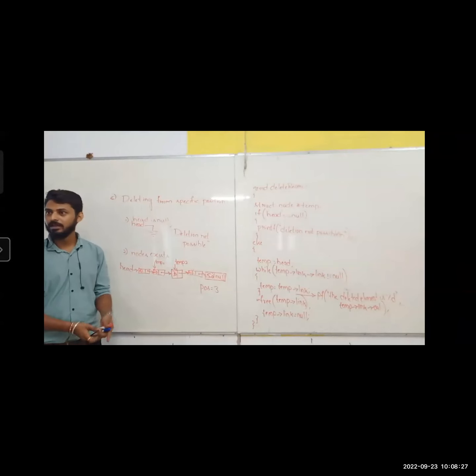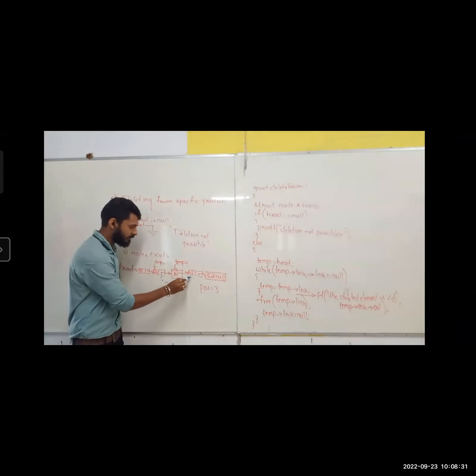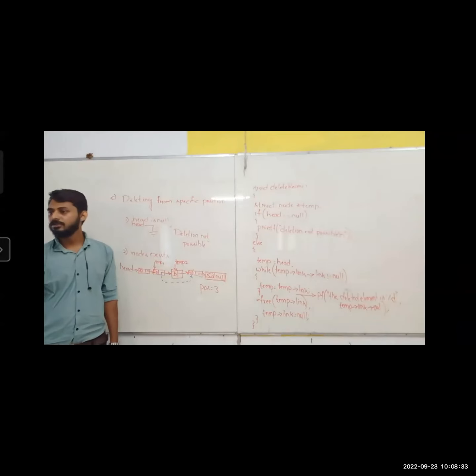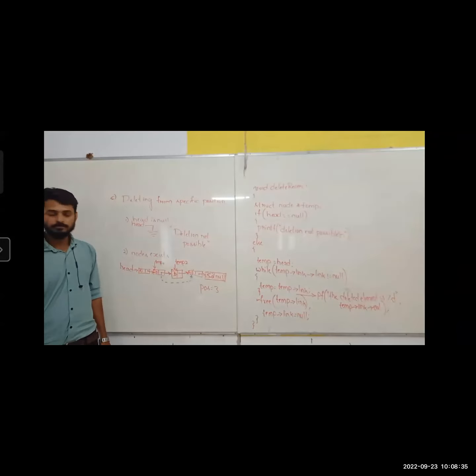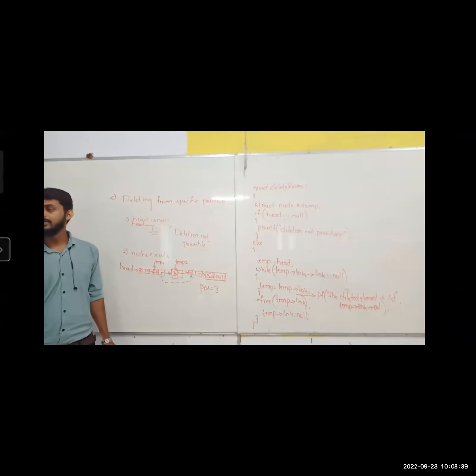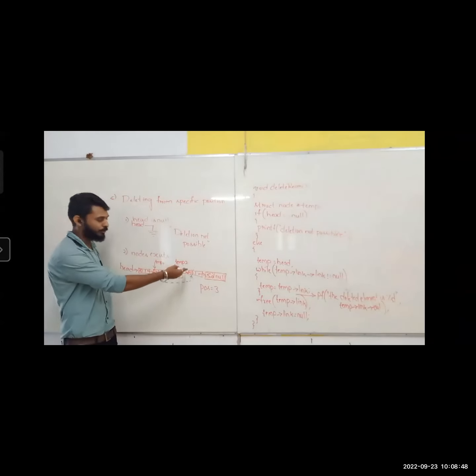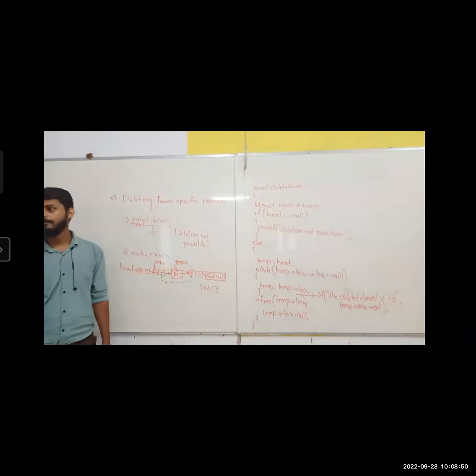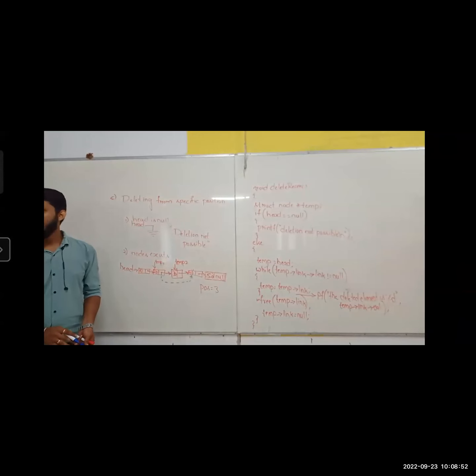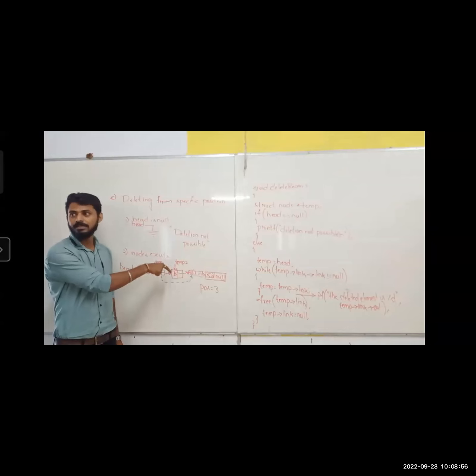Now what have I done? I have established one connection like this. Next, what should I do? Delete this. How can I delete? Free it. What should I free? Temp 1's link? Think and answer. Already temp 1's link is pointing to here. If you do that, you will delete 40. Why did I use temp 2? If you ask me, this is the reason.